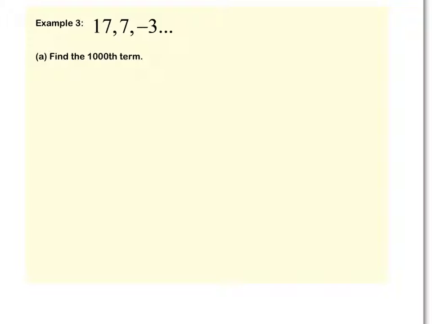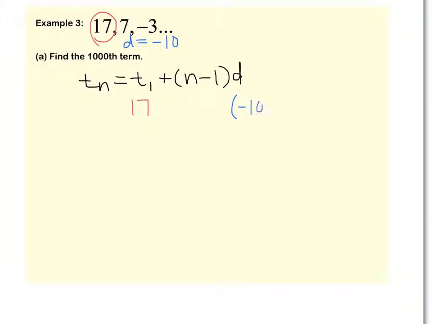Okay, now we're going to find the 1000th term of this sequence. Same exact process. Let's first find our formula by identifying both T1, the first term, and D. Now remember, D can be positive or negative, so if I'm subtracting 10 between each term, then that D needs to be negative 10. Okay, and then we just do some distribution with that negative 10 and combining of like terms, and we get that Tn is equal to,